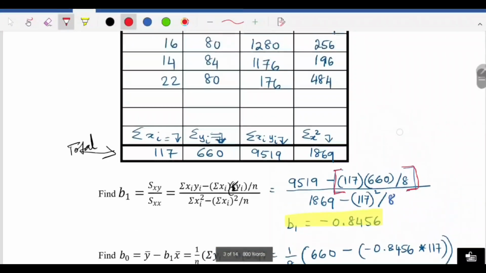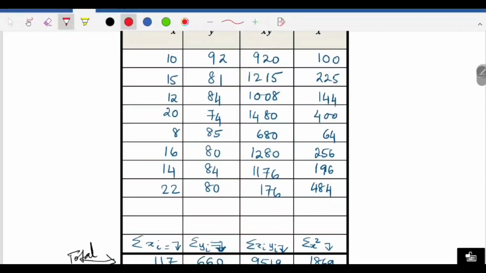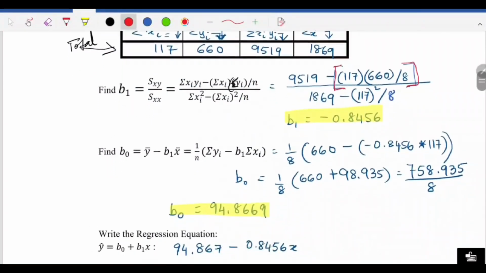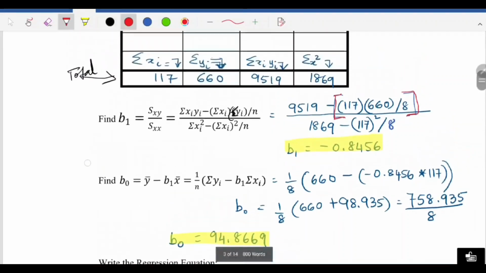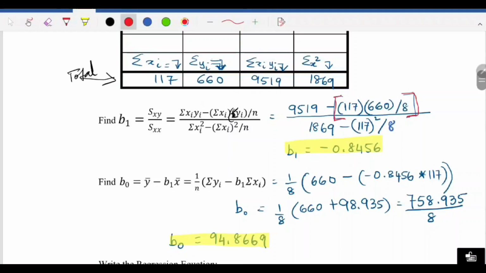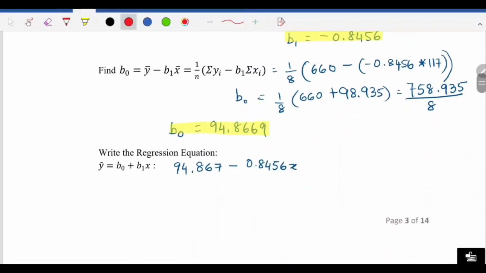Because we are not having to find x bar and y bar using the computing formula, right? It's better not to use the formula with y bar and x bar in it, because you will have to again calculate the mean of the y values and mean of the x values, which is not difficult since you have the sum total of x and sum total of y anyway, but you don't need to. You can just right away use the computing formula and get the same answer, 94.8669,